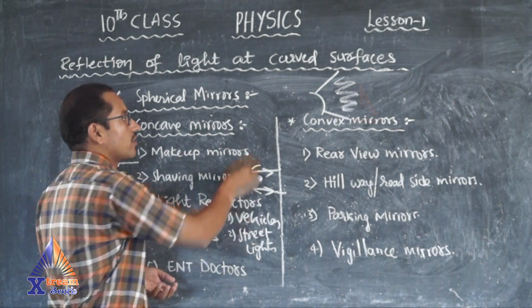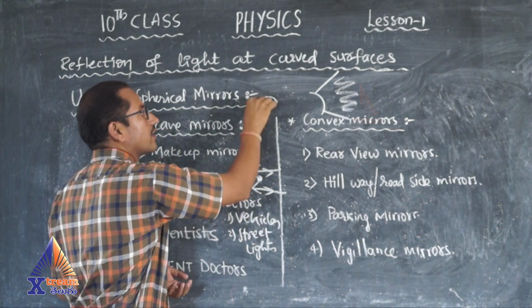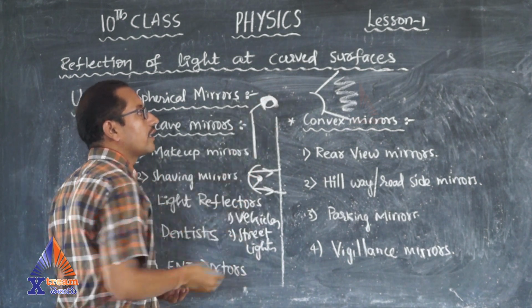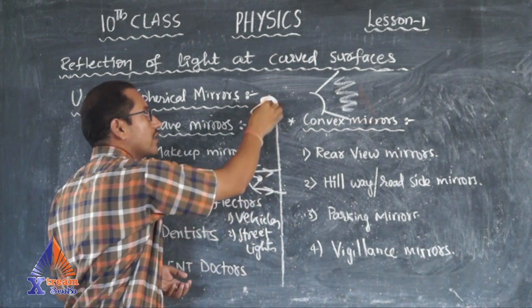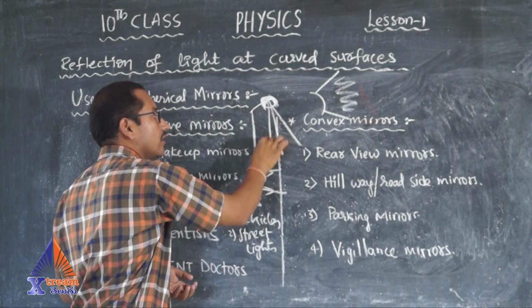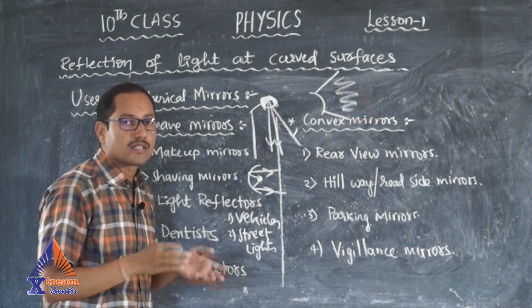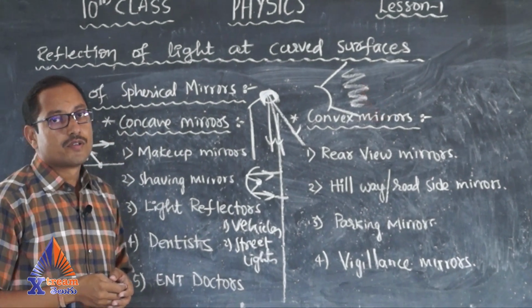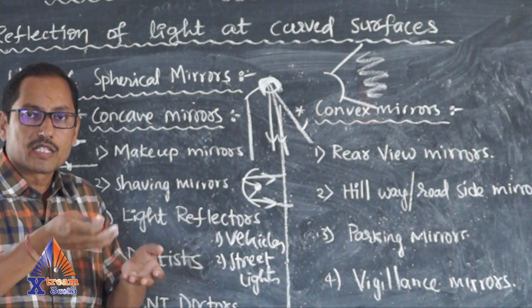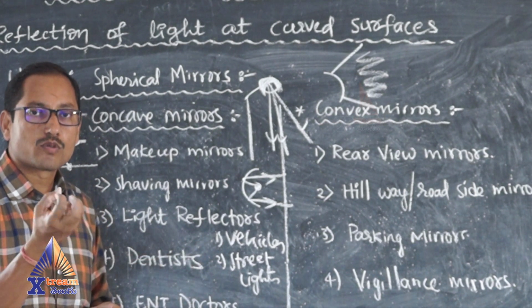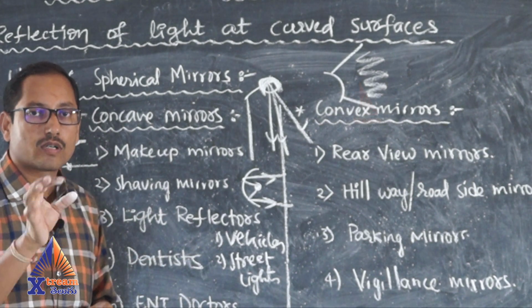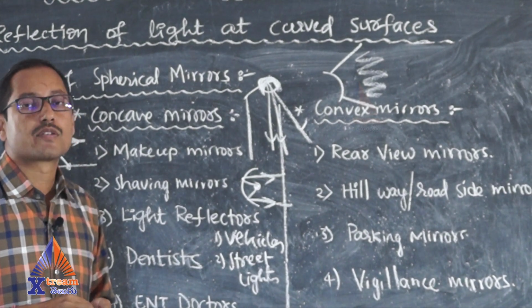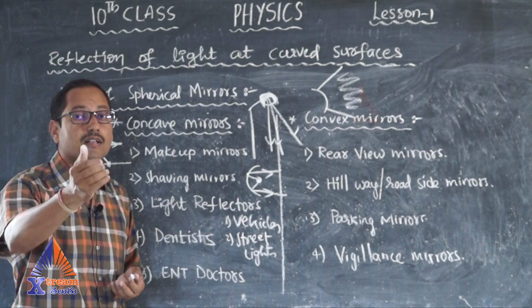In street lights also, if you see the street light, there is a concave reflector so that it can reflect the light. The maximum light can be reflected down onto the road, onto the street. So here the principle is they keep the source of light, that is the bulb, at the focus so that the reflected rays travel to infinity, that means as far as possible.